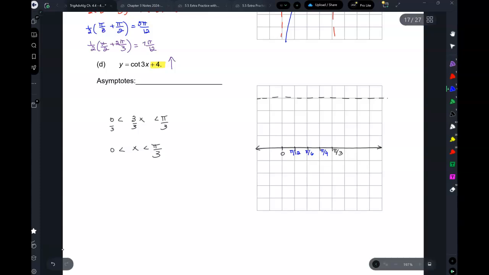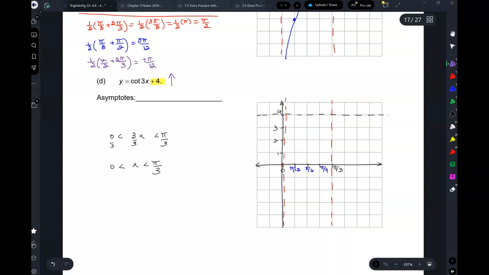Okay, so now put in your asymptotes. Let's first put the y-axis. And this is 1, 2, 3, 4. Now we're going to put one asymptote next to the y-axis, one asymptote here. Okay, now,